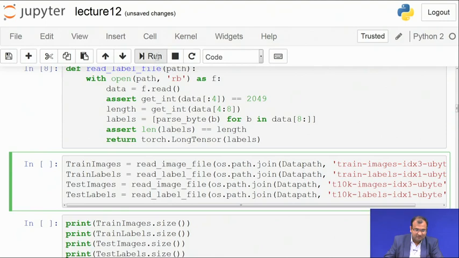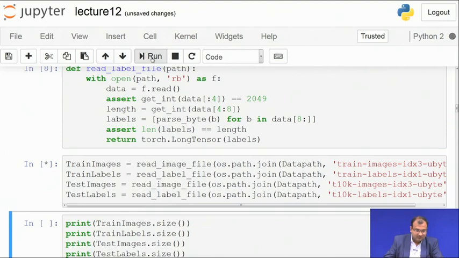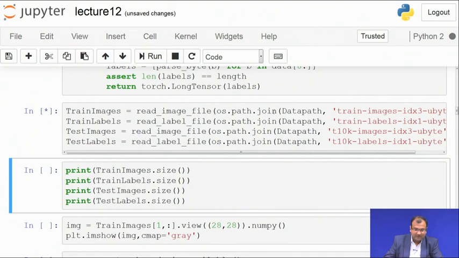So let's run this one. It would take a bit of time because of this file IO operation going down. Once this file IO operation is over, we come over here to this part where the purpose is to print down the size of your training images and labels and test images and labels. The only purpose we keep on doing it in this way is to see what is the nature